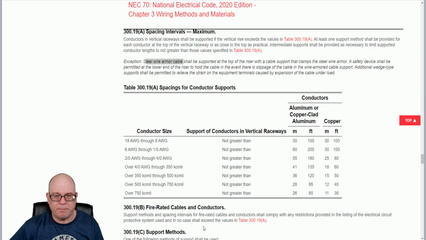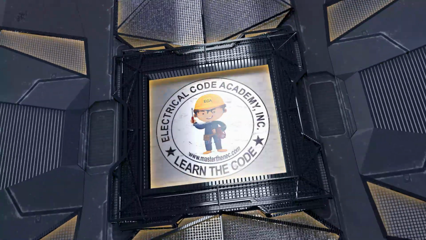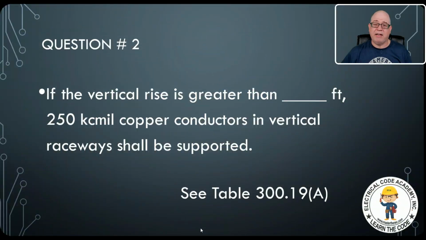Let's go back to the presentation. So if the riser is greater than 60 feet, 250 kcmil conductors in vertical raceways shall be supported. So the answer is 60 feet, right? Straightforward. Again, this is all based on the size of the conductor, okay? All right, the next question we have